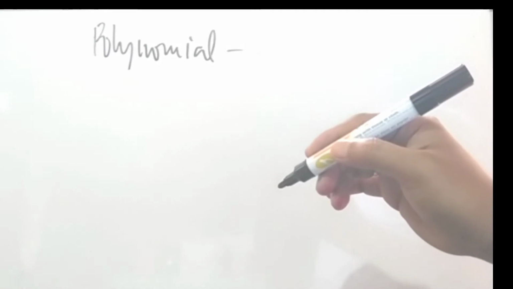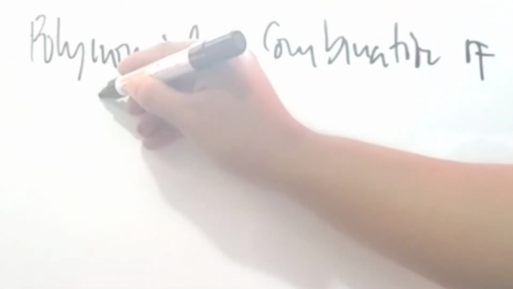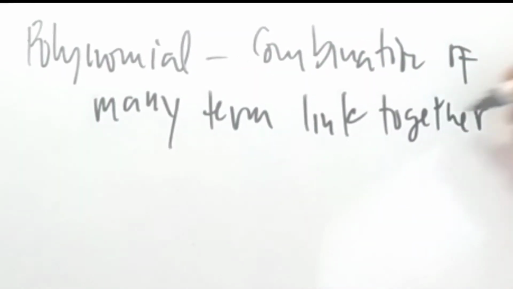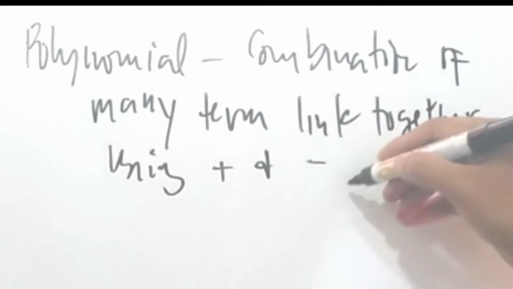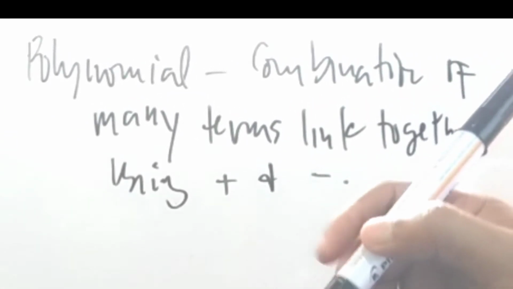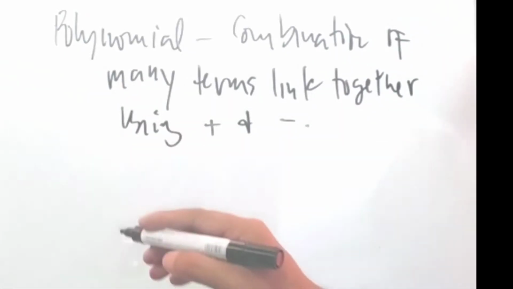So let us go to polynomial. Polynomial is a combination of many terms linked together using plus and minus. There are a few specific names that are used to describe a polynomial. A polynomial with one term